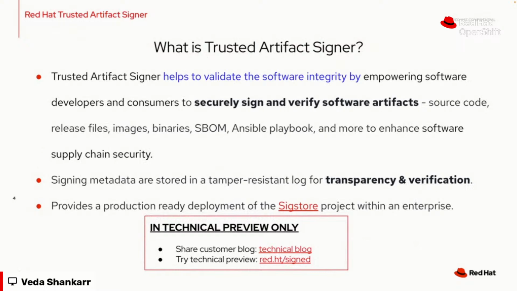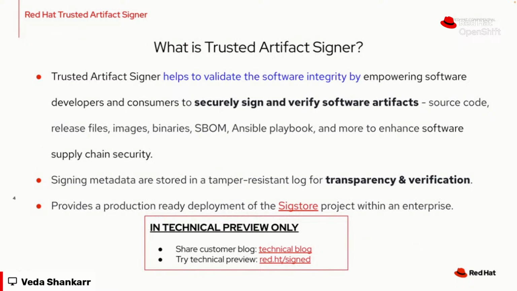And when you say it's a signature tool, people say, hey, we are already using GPG signing. Why Sigstore, right? What is the main benefit of that? I would say there are two key things that really differentiate Sigstore. One is that it has a keyless feature, which overcomes the difficulties with traditional long-lived keys like GPG signing, and it has a Rekor transparency log. So that means in addition to verifying your signature, you can also go to this tamper-resistant transparency log for verifying.